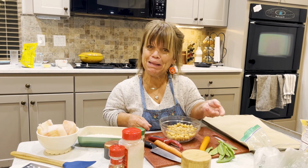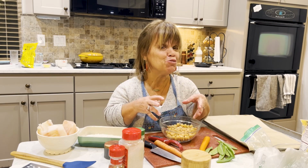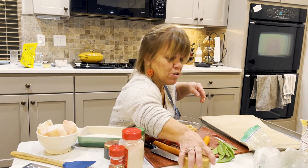I typically don't like chickpeas, but I love hummus. But I also love these roasted. So I thought that would be a nice complement to this dish. So let's give a little,